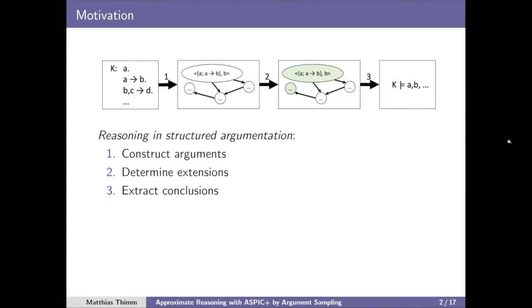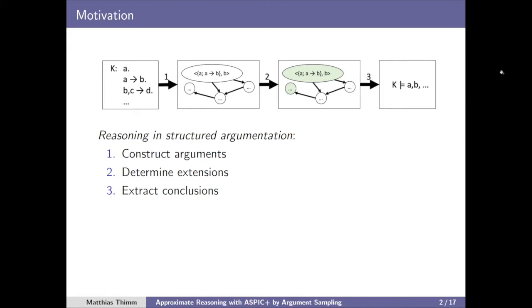So we do some rule chaining, and then we can get a couple of rules which together imply a given conclusion. For example, in this knowledge base, A together with A implies B. This arrow can be seen as a strict rule, as a defeasible rule, whatever. These together imply B, and then we get an argument for B. And this is done in ASPIC Plus, for example, where you can also differentiate between strict rules, defeasible rules, and